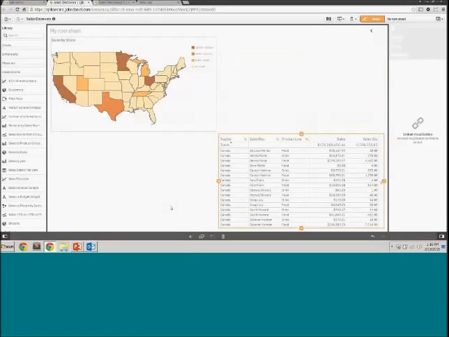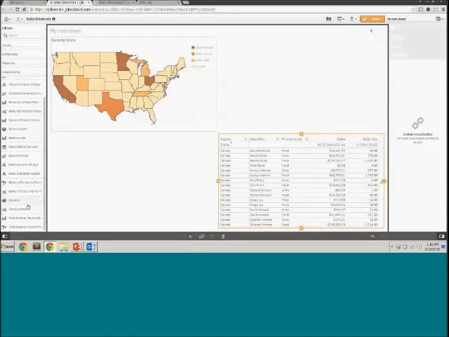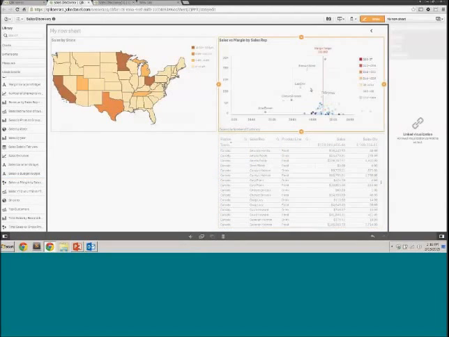So I'm going to put that out there on the bottom right. And let's see, sales. This chart looks like something I might be interested in, sales versus margin by sales rep. And then finally,